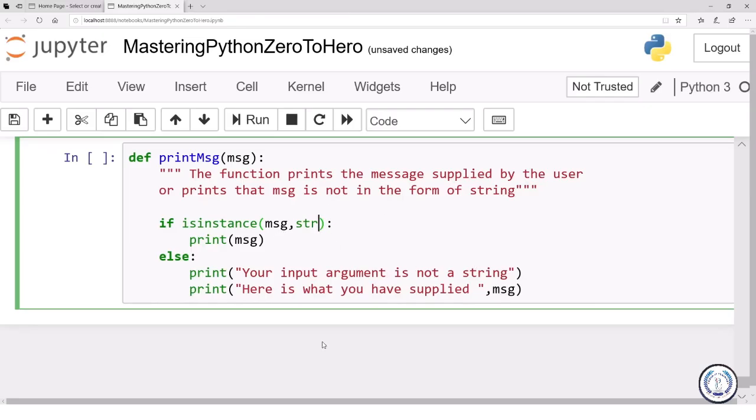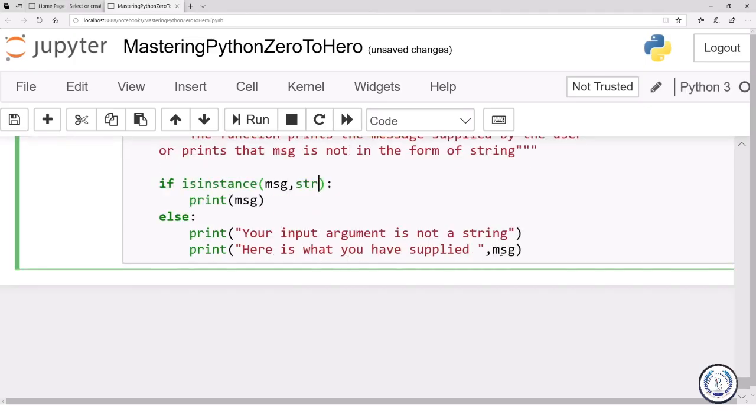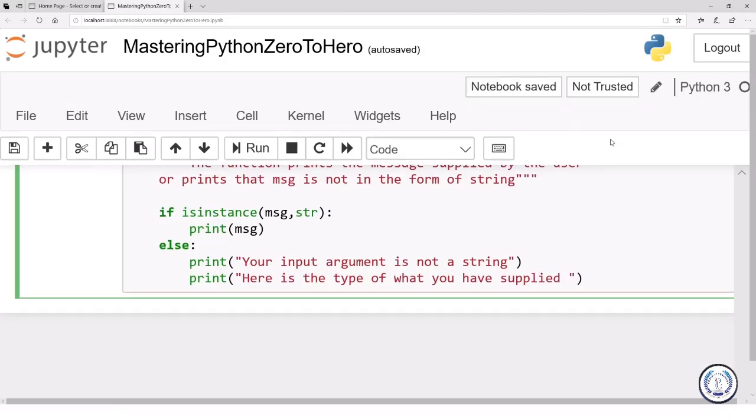Your input argument is not a string, here is what you have supplied. So here we can say here is the type of what you have supplied, and then we can just print the type,